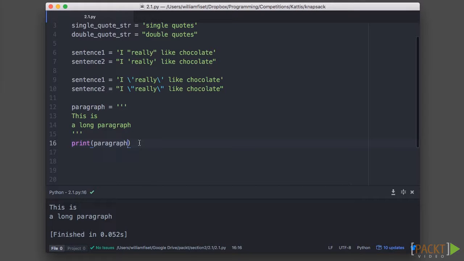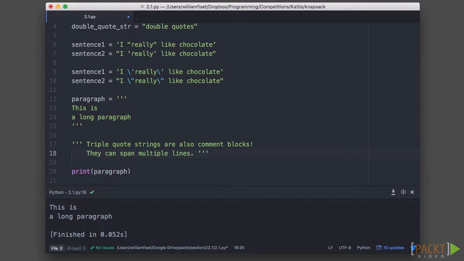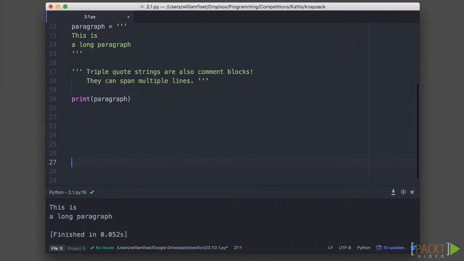That's very nice. Although triple quote strings on their own can also be used as comments. So this behavior of triple quote strings is very nice. We can both use them as variables, but also as comments to document our code. Moreover, there is another kind of comment that we can use. Those are the single line comments, and those start with a hashtag. So, for instance, I could write, this is a single line comment,